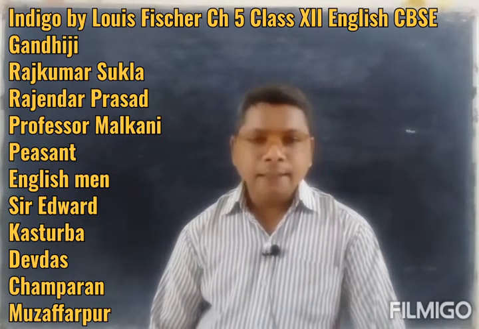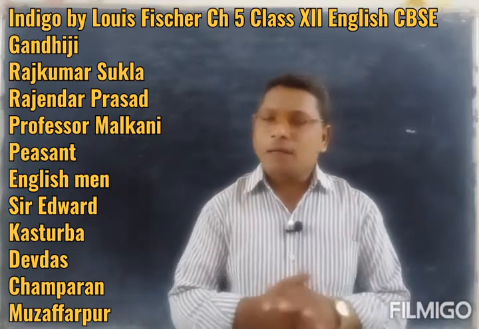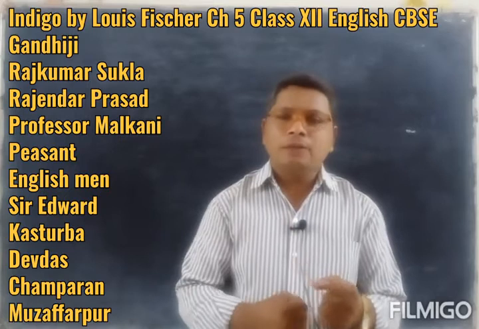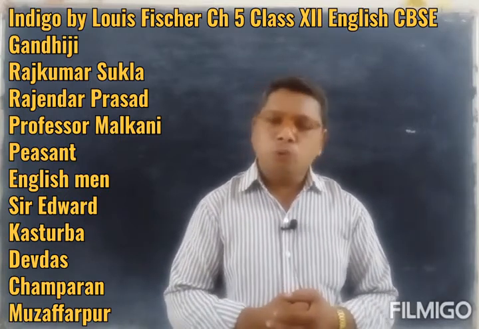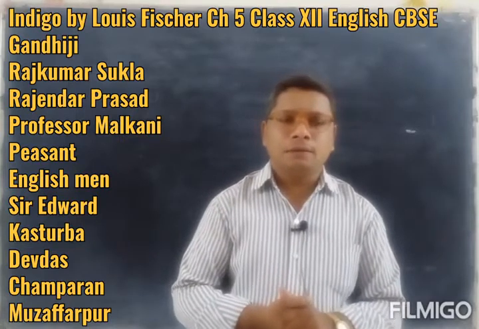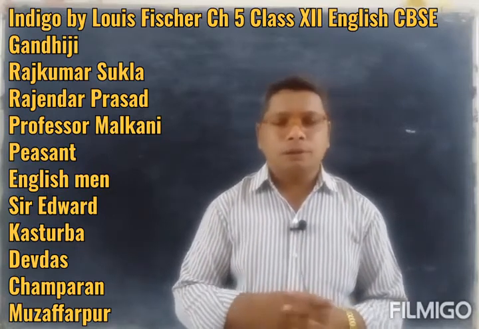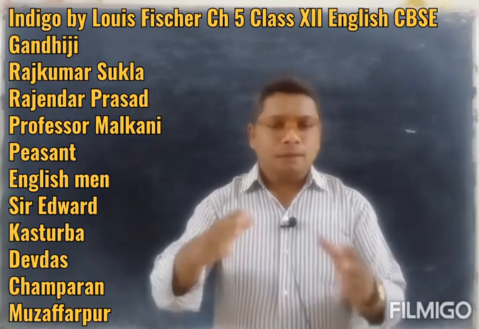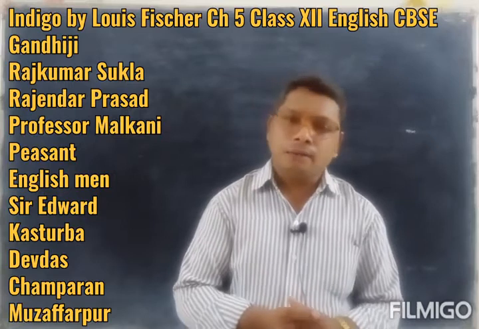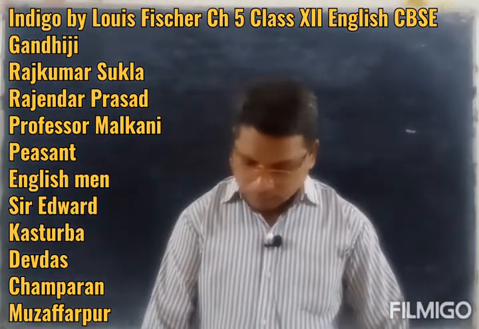A poor skinny peasant whose name was Rajkumar Shukla somehow heard that Gandhiji is a person who helps the poor peasants and raises his voice against those who are doing wrong to society, especially the British. So that is why he had come there, to request Gandhiji to go with him to Champaran to solve the problem going on there. Somehow he met Gandhiji, and Gandhiji assured him he would go there, but